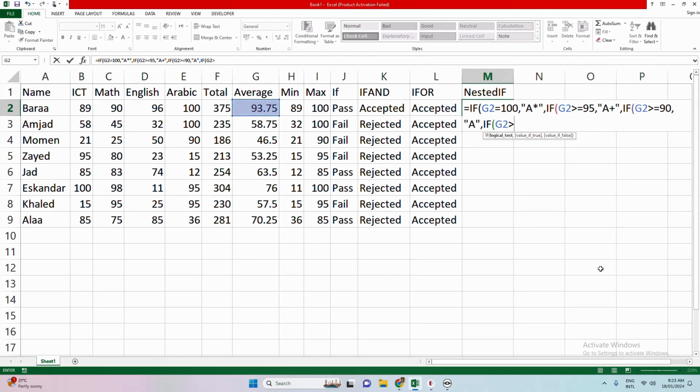If it's greater than or equal to 85, comma, between double speech marks, and then A minus, comma, and instead of closing, you add another F, double click the F to activate it, again for G2 if it's greater than or equal to 80, comma, between double speech marks, you add here the value of true, which is going to be B plus, move outside, comma, another new if statement, double click it, set the condition for the G2 greater